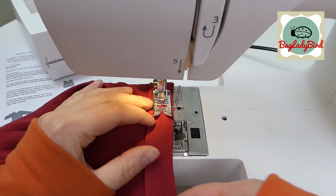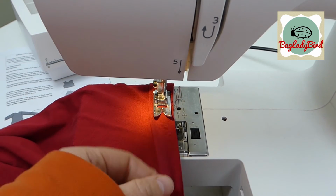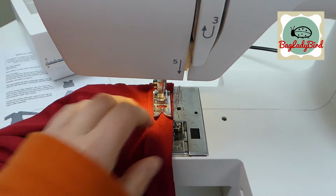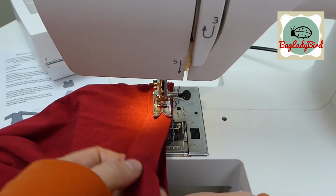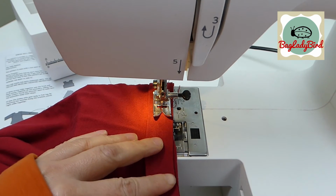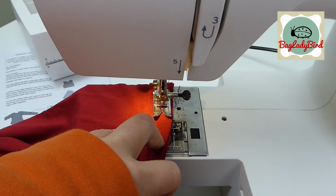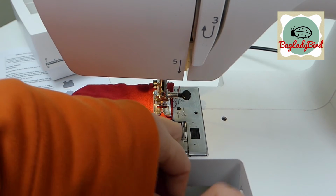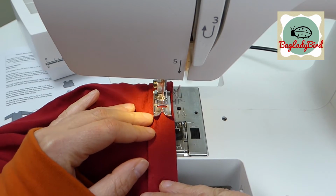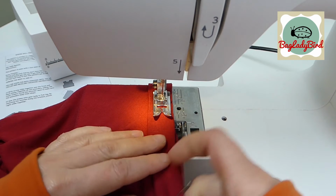Okay, so I've got this lined up on the machine at just less than 3/8 of an inch. So we want it to be more or less almost there, but we don't want it to be exactly 3/8 or 1 centimetre, so that when we come to sew it for real, we'll be covering up our basting stitches. So I've just set this on the longest stitch length and we're sewing around, so I'm just making